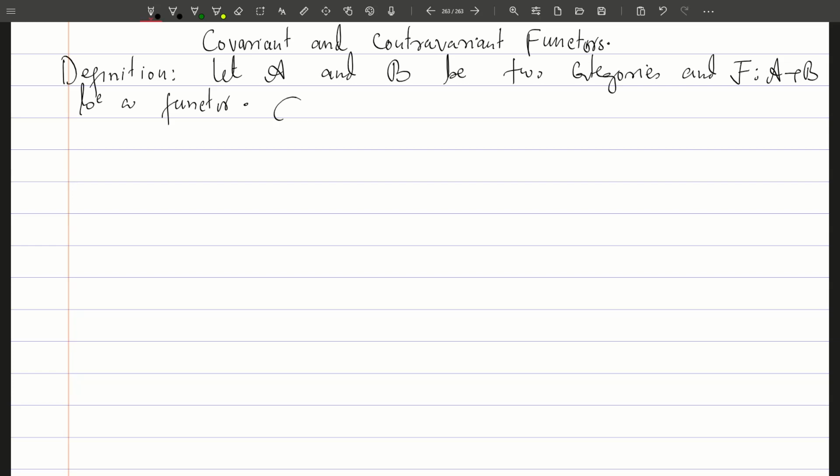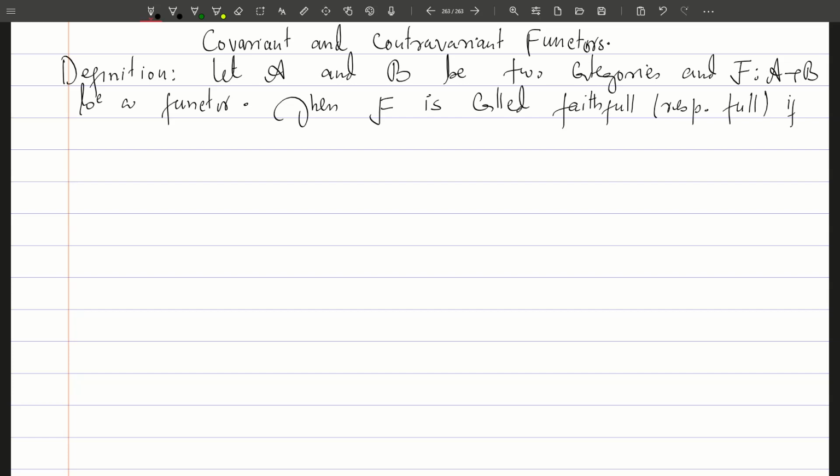Then this script F is called faithful, or respectively we say it is a full functor, if